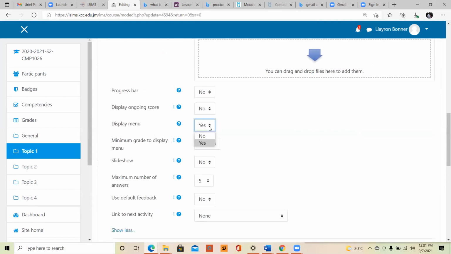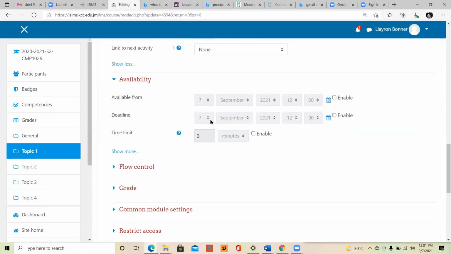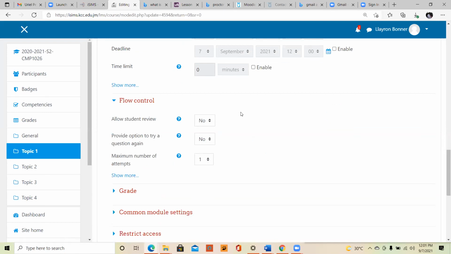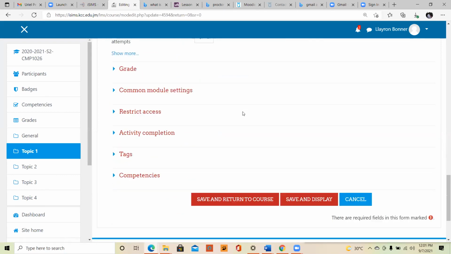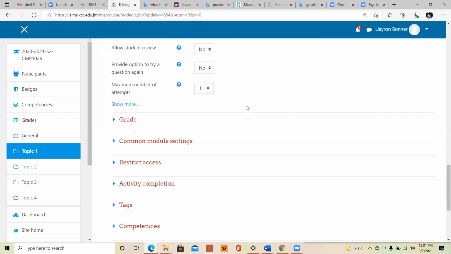I'm going to turn the menu off, which is normally the default, but I turned it on earlier so you could see what it would look like. All right, but everything else can be left as default actually. Availability can be left at default as well. The flow control can be left at it. So you don't have to actually modify those if you don't want to, but if you have a specific thing